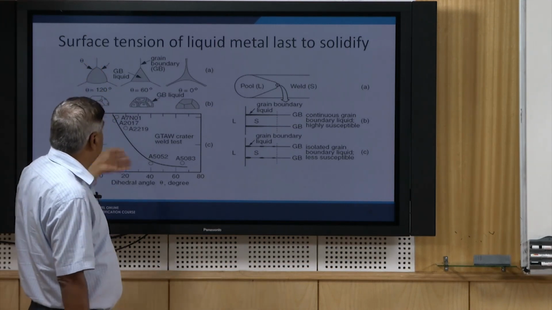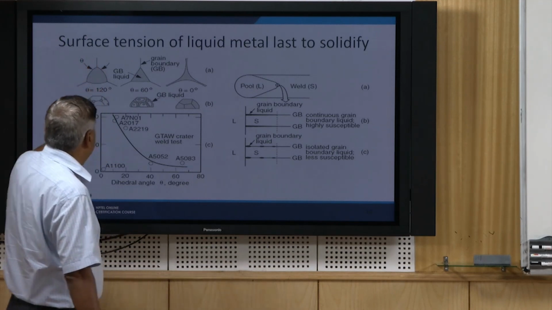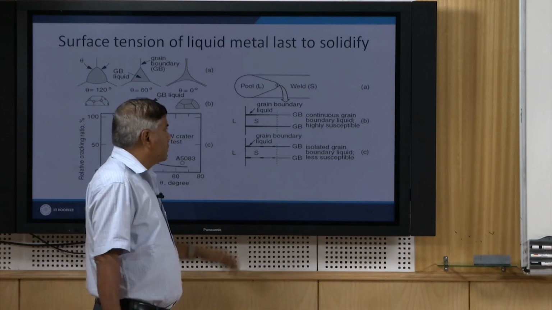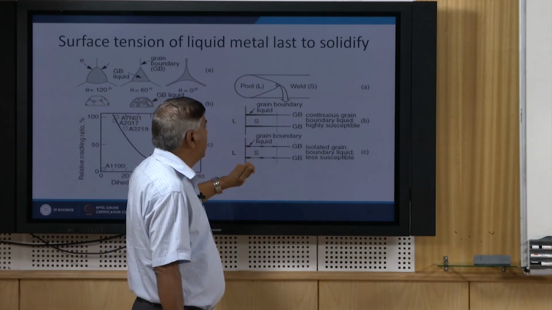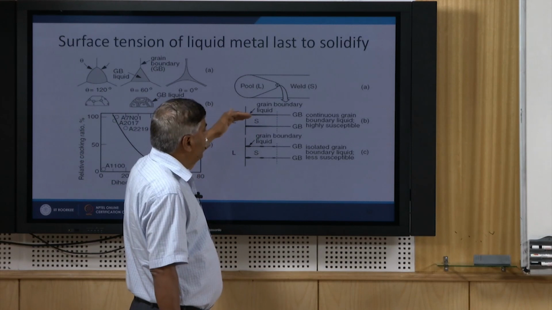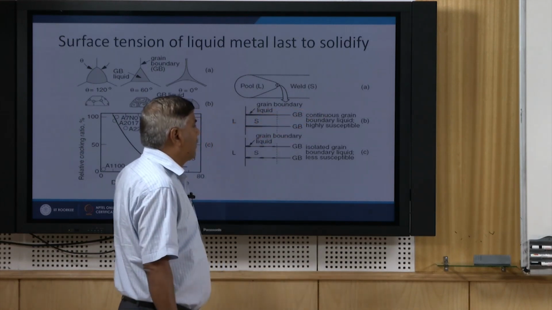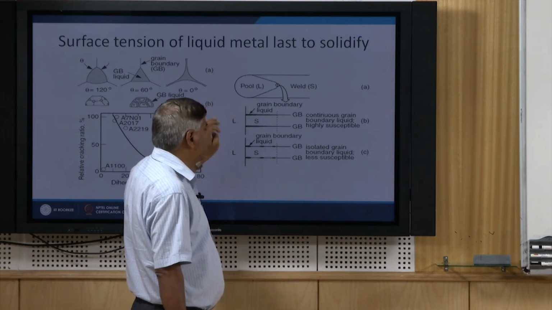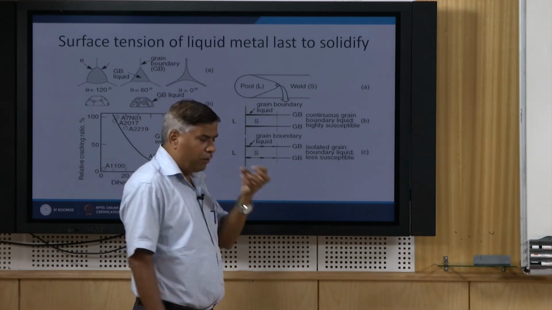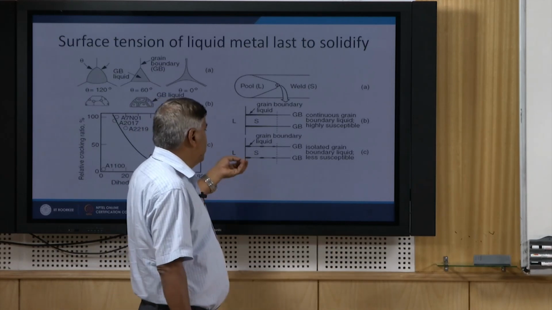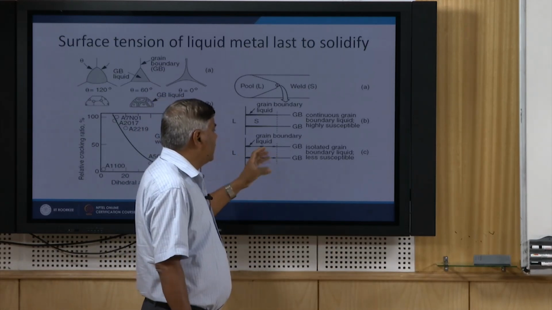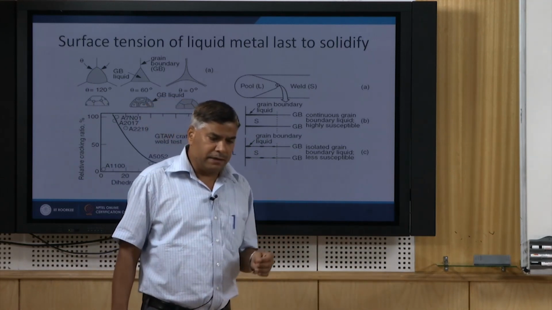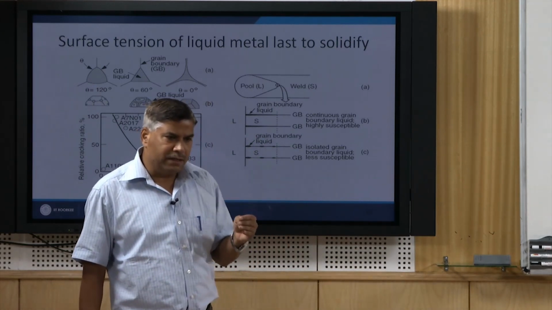So, this kind of a structure will be reducing the cracking tendency as compared to the case when it forms a thin film. This is what can be seen schematically here. When the low melting point liquid forms a continuous grain boundary film, it results in the maximum cracking tendency, while when it forms balls or discrete nodules here and there, it reduces the cracking tendency. Especially the addition of magnesium in the steels